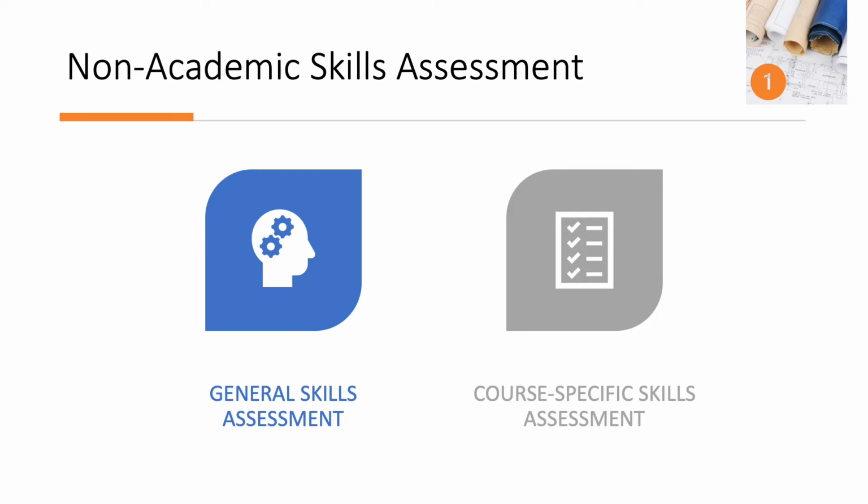And we can do that through a general skills assessment or a course-specific skills assessment. And you'll see in this presentation that I offer a lot of flexibility and choice because instructors really value that. They value choice and autonomy, and academic freedom is really important. So I never provide a clear-cut, quote-unquote, perfect solution, but I do provide 4 clear strategies and then different options